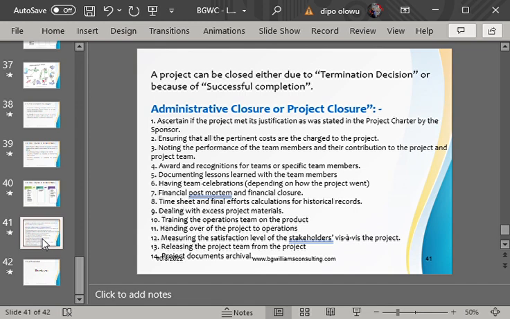Then another one is when there is no finance. A termination decision can come as a result of the organization no longer having money to fund the project. The project manager will not bring his own money and say, don't worry, sir, I have some money that I have not used, let me use it to complete the project, you pay me back. So all these are reasons that can bring about a termination decision. A project can be closed either due to these reasons or a successful completion of the project.